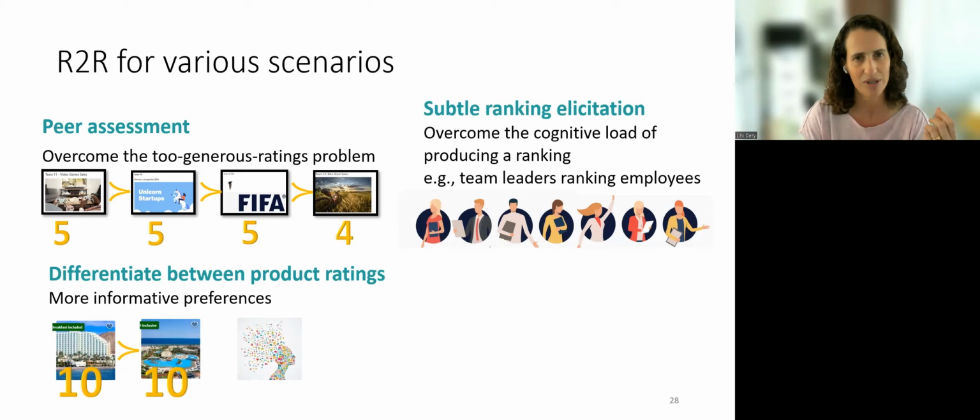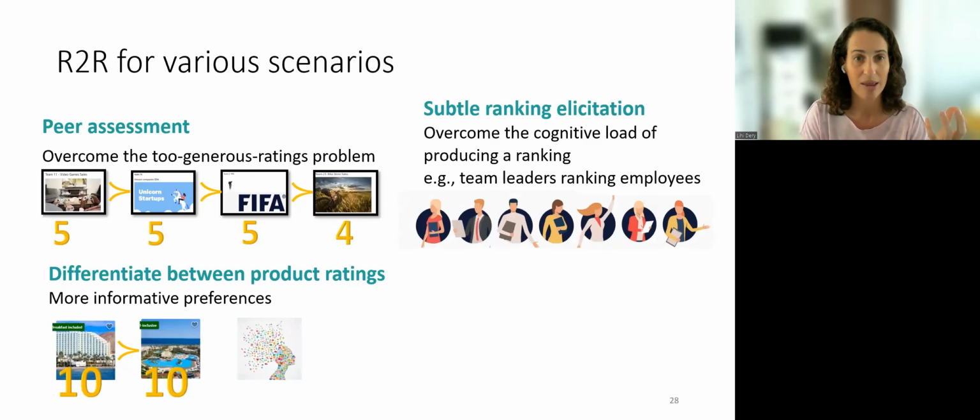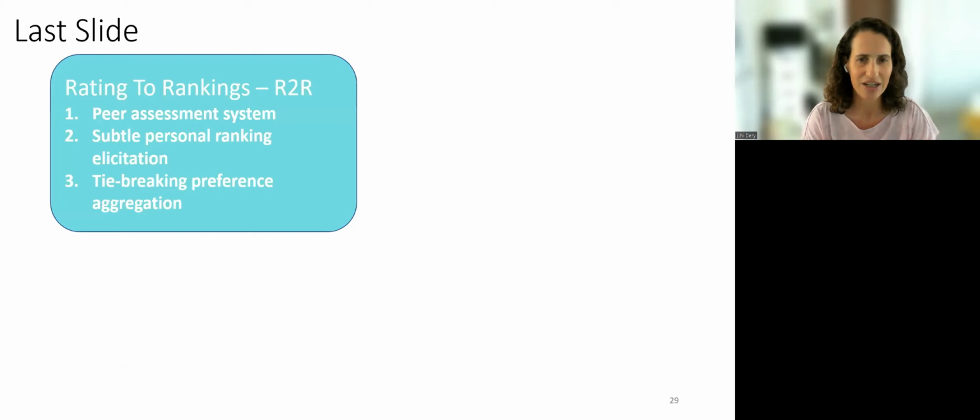So this can be a sort of subtle way to help managers rank their employees or rank anything else you need. So just to wrap up, what I showed you was a rating-to-ranking peer assessment system, which is a subtle way of producing a personal ranking, and it has a tie-breaking preference